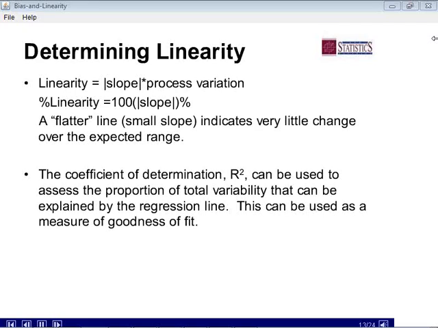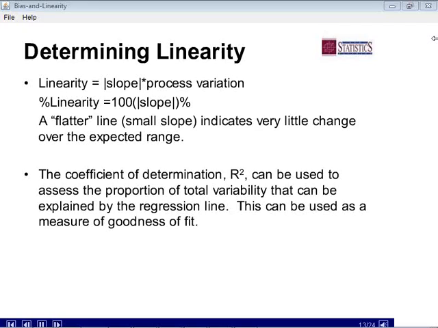So once you've calculated the slope, beta 1, we can find what we call the linearity. And again, it involves the process variation. When you see the term linearity, what they're calculating there is really the absolute value of the slope times the process variation. When you see it in prints or an output, you may see percent linearity. Well, what they're doing there is just taking 100 times the absolute value of the slope,